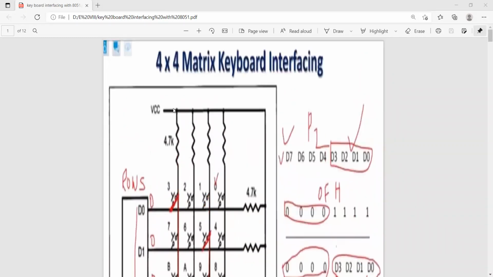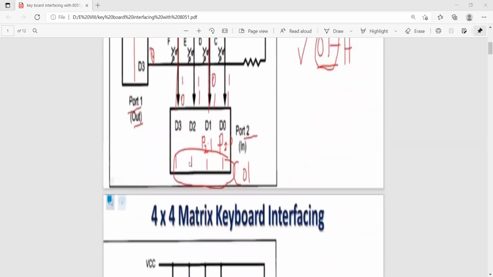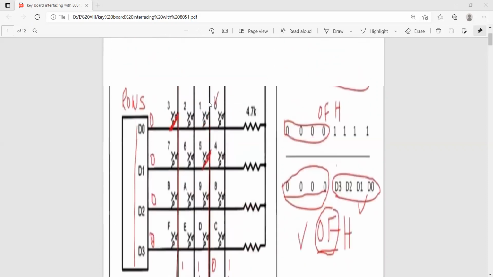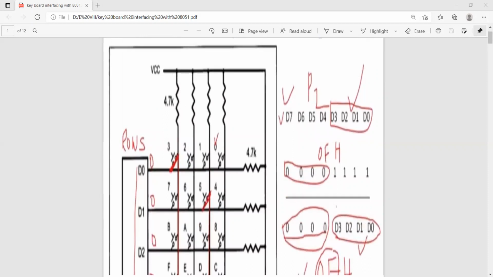In the same way, the columns are connected to VCC. If there is no key pressed, then all of these are high. This column is high, this one also high, this one also high, this one also high.